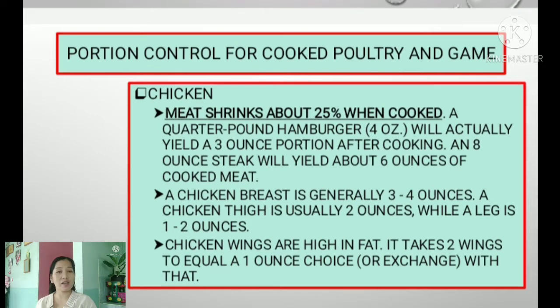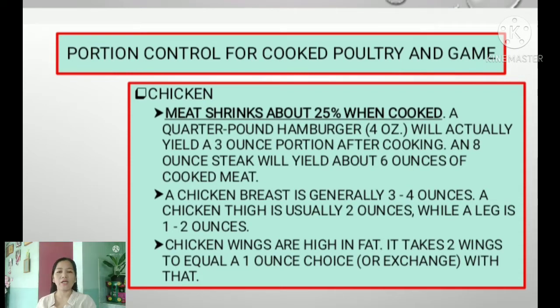So these are examples of how meat shrinks, about 25% when cooked. So for example, a kilogram of chicken, what will be the yield after it is cooked? A kilogram will yield 3/4 kilogram, correct? Because it shrinks for about